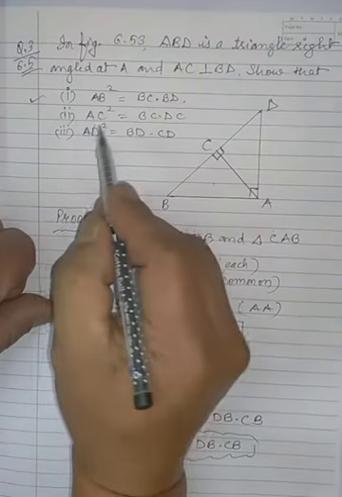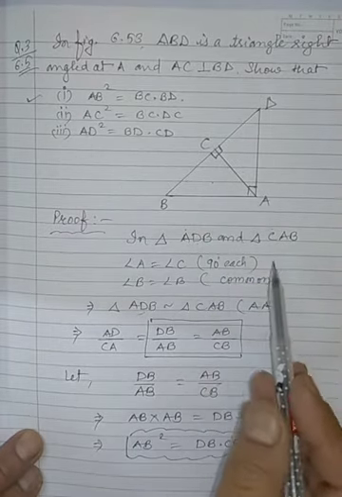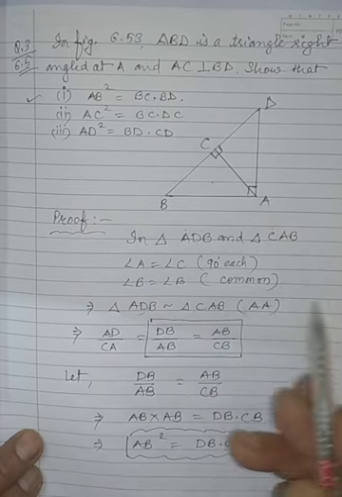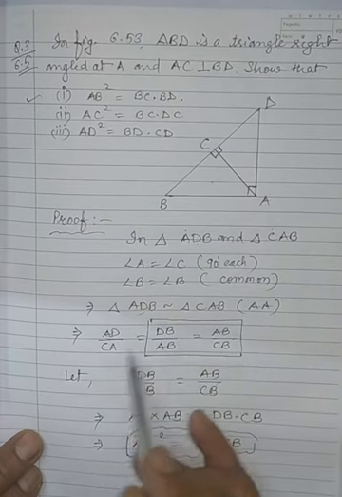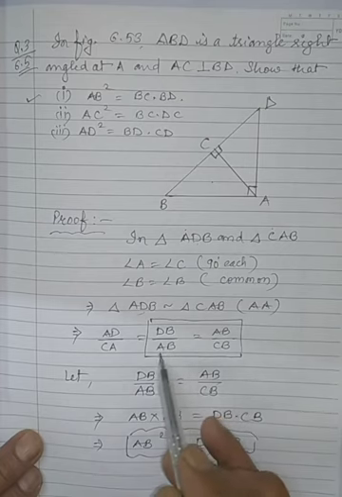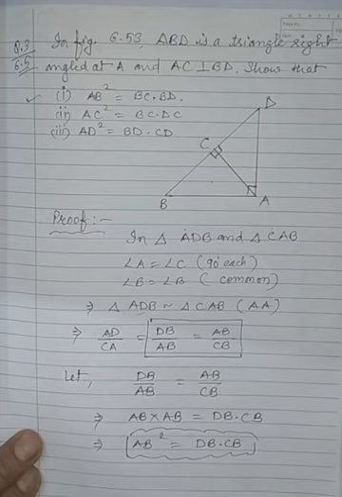In the same way, you can do the second part and the third part by choosing the triangle in that order in which their corresponding sides come in that way, that after proving them similar, when you take the ratio of the corresponding sides, this should give you the order of sides in such a way that by cross multiplying you should get the square. Okay, try it.